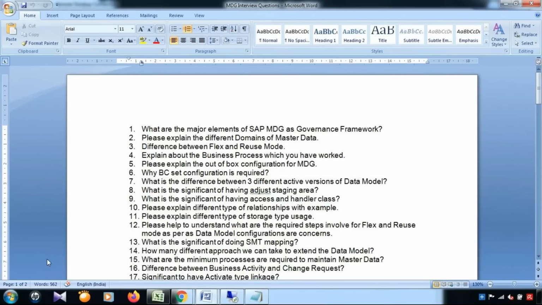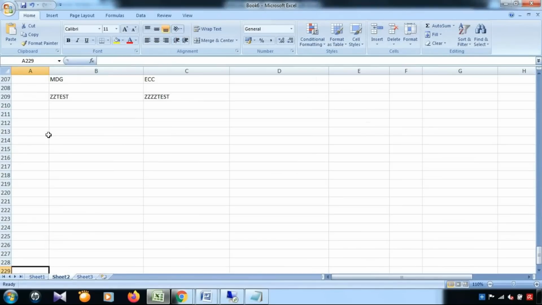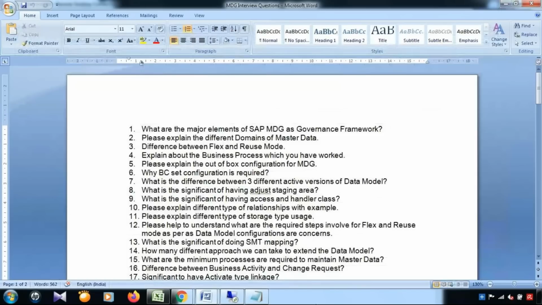So if I have some field in MDG, ZZ test field, this is the field name, not the value, and the same field name we define in the target ECC system, then I need to map them in SMT mapping. Otherwise, the replication will fail, because the moment this field value lands in ECC, it will not identify which field it should go and set. Okay. Then next is